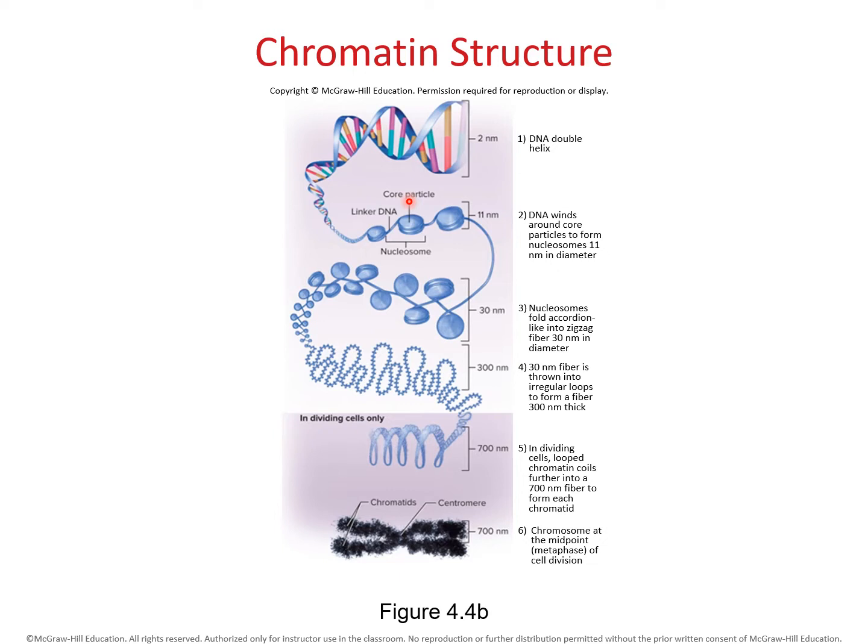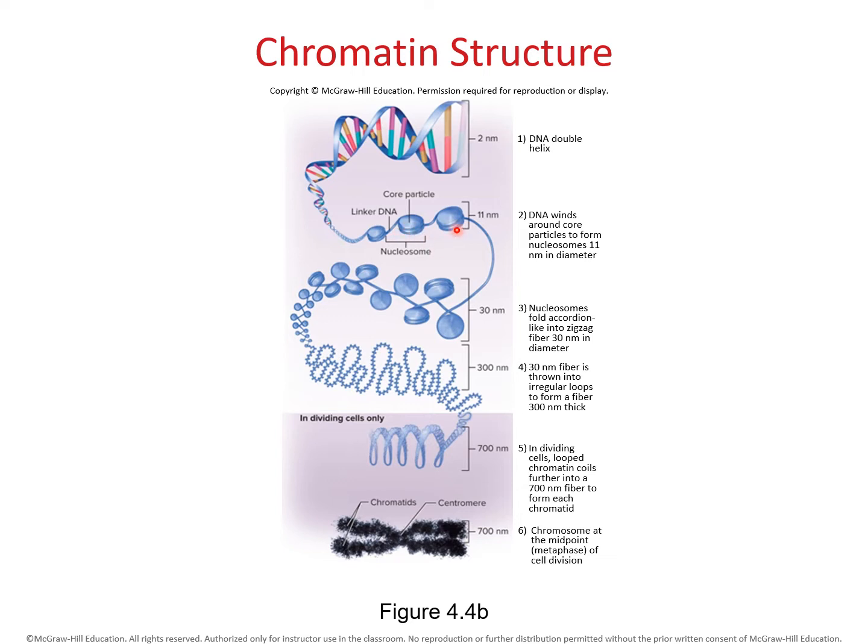8 histone proteins. This is mentioned again on the next slide, so don't worry. So basically, remember, I said that DNA is going to wrap around or condense around protein. Well, the name of that protein is called histones. And there will be 8 histone proteins together. And once those 8 histones are together, we then call that a core particle. So the DNA is going to wrap around the core particle and stay stuck to it.